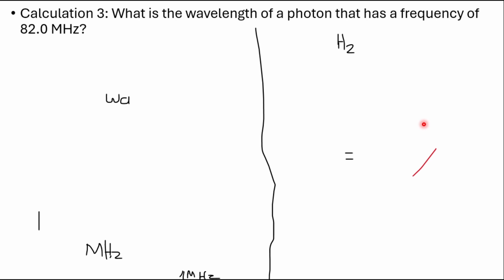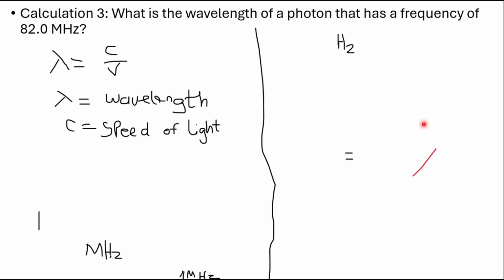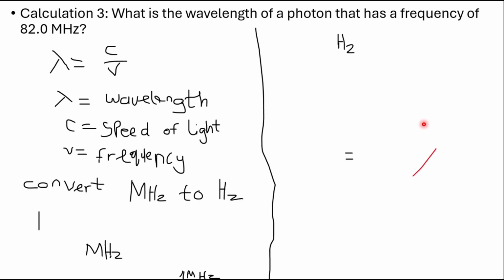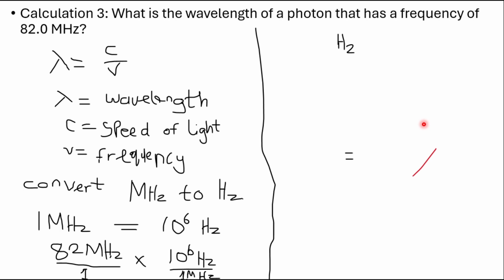So calculation 3, what is the wavelength of a motion that has a frequency of 82 megahertz? So before we do anything to this equation, first we have our equation as lambda equals the speed of light over the frequency. We need to convert the megahertz to hertz first. So 1 megahertz is equal to 10 raised to power 6 hertz, and we have 82 megahertz from our equation,